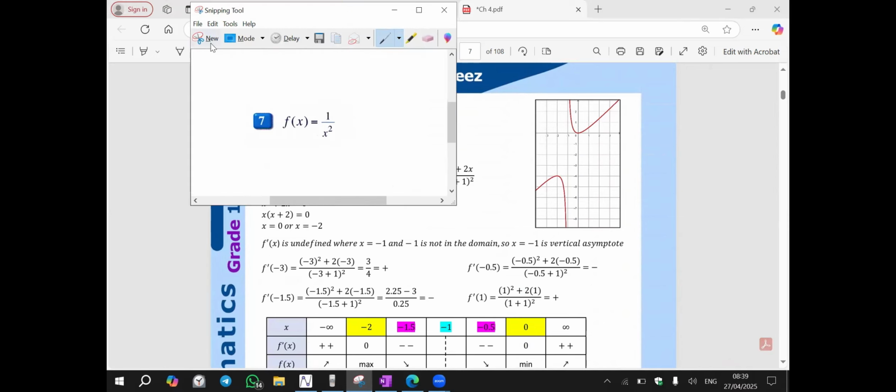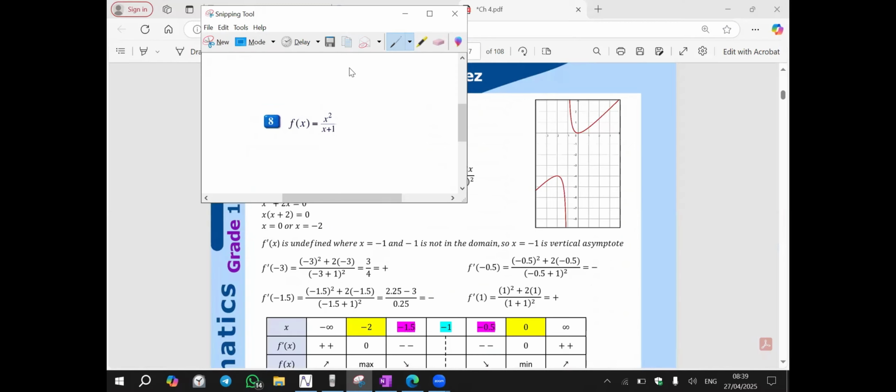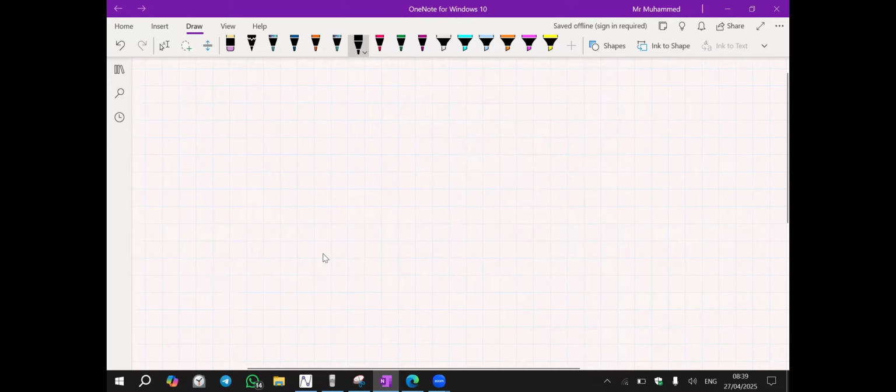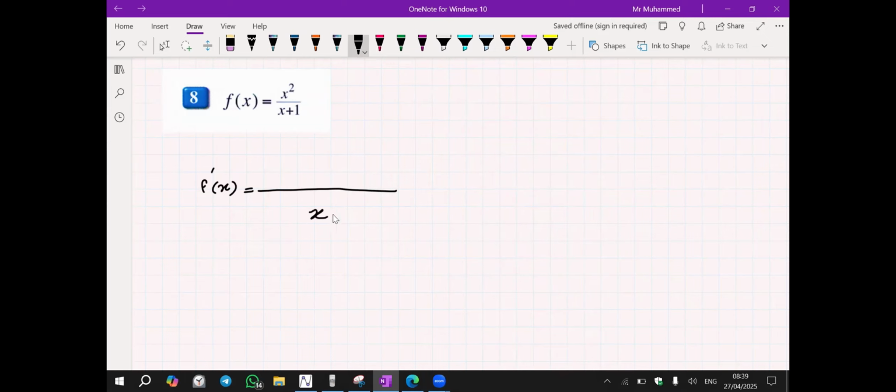Let's solve another question. Again, we try to find intervals of increasing and decreasing. No matter how the function looks, we know step one is the derivative, step two, derivative equal to 0, and so on. Now I try to find the derivative. The function is rational, so we use the quotient rule. (x plus 1) squared, x plus 1, which is the denominator, multiplied by the derivative of the numerator, which is 2x,